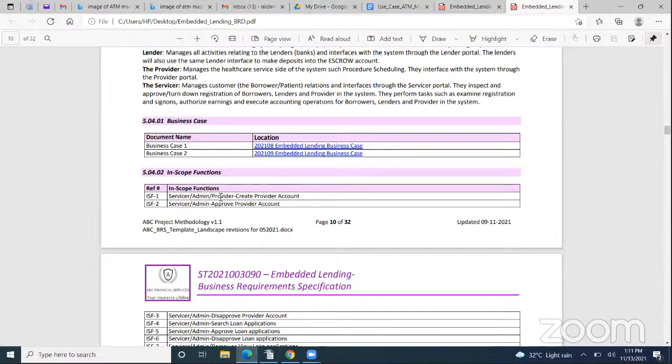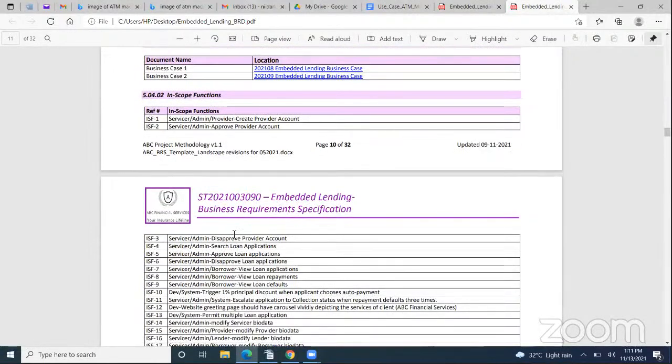So the first function, creating provider accounts, will be the task of either the servicer or the administrator of the system. The next item, approval of provider account creations, will be either the servicer or the administrator. Then we have disapproval of provider accounts, which is either by the servicer or administrator.